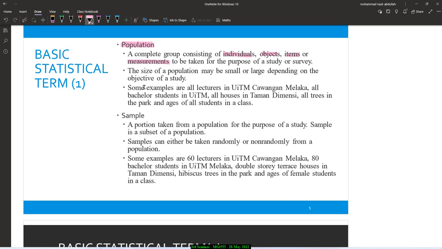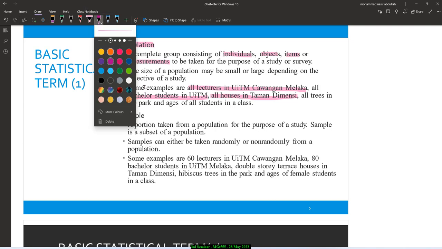Another example, let's say all lecturers in UiTM Cawangan Melaka, all bachelor students in UiTM, all houses in Taman Dimensi, all trees in the park, age of all students in the class. So population means all members in the area of the study. Right, so let's say kita punya another example yang I boleh bawa, let's say I nak buat study about